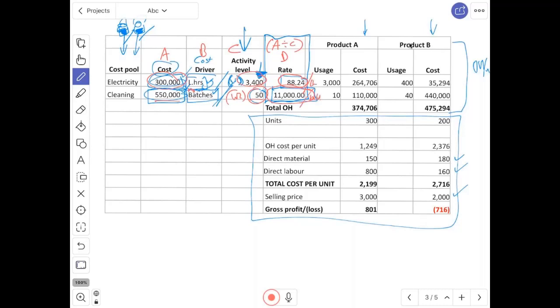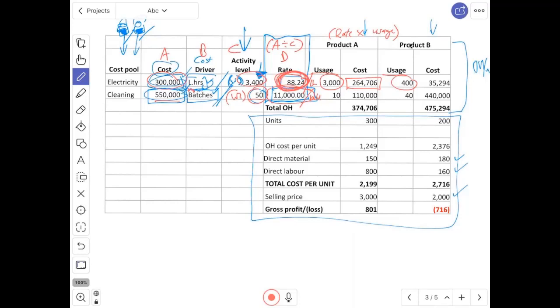And now we can allocate it. So product A used 3,000 labor hours, which we've calculated already. That's the 300 units times 10 hours per unit. And if we multiply that by the rate, we get the cost. So you could possibly say just rate times usage, because we show usage as a heading. So that shows the examiner. It's pretty clear what we did, but that just shows your working, what you did. And then for B, that's the 400 labor hours, 2 labor hours per unit times 200 units, multiplied by the same rate. You can see it's one rate for the electricity bucket,